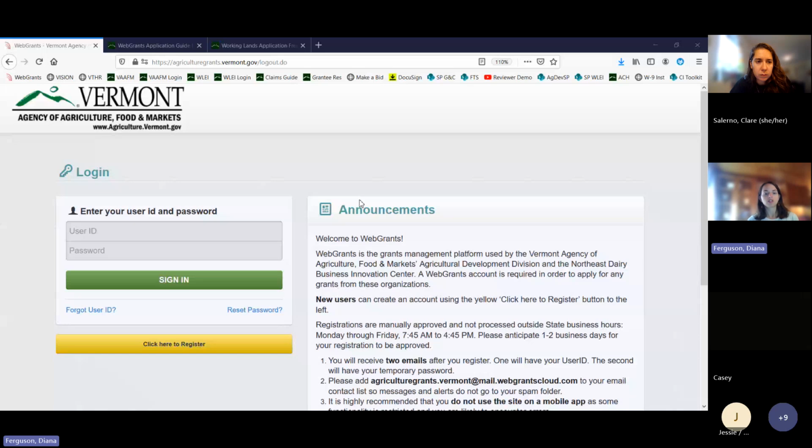if anyone needs support. So once you have your login, once you register, it can take 1 to 2 days to approve, and then you'll get an email with your automatically generated password. And I'll show you how you can set your own password if you'd like to do that. I'm going to sign in using a test account. There are links here if you forgot your ID or password in the future, or if it's been a year or two since you've been in the system, if you need to do that.